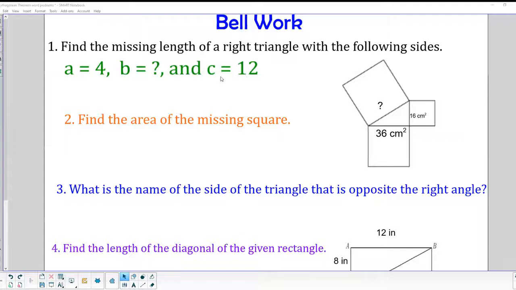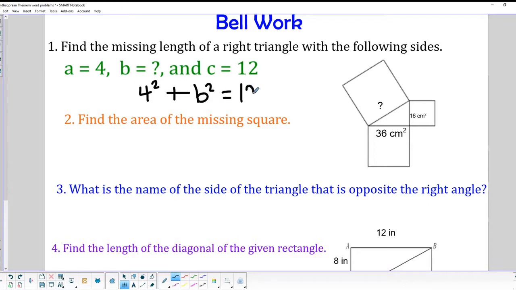Bell work problem here, and similar to the problems that we saw before the weekend. First of all, find the missing length of a right triangle with the following sides. So we have sides of 4, we don't know, and 12. So if we use the Pythagorean theorem, we've got to grab a little marker and do a little writing here. So we're going to have 4 squared plus b squared